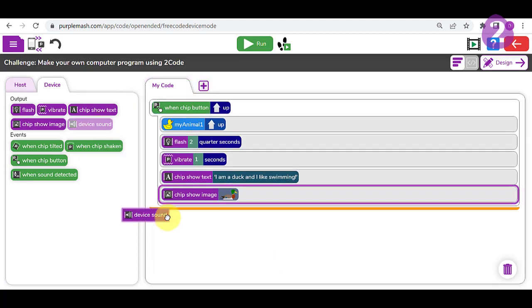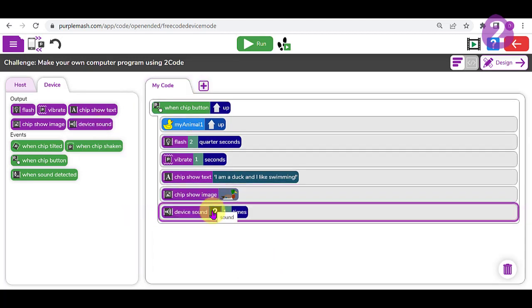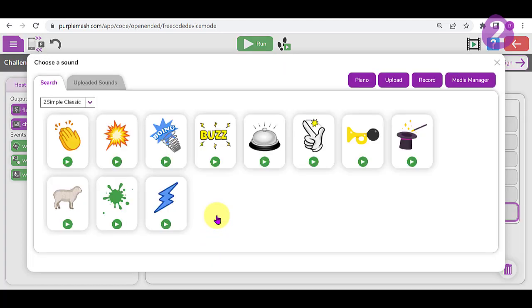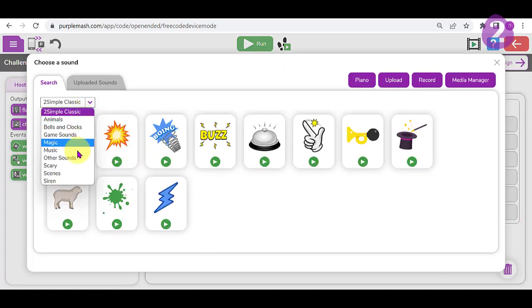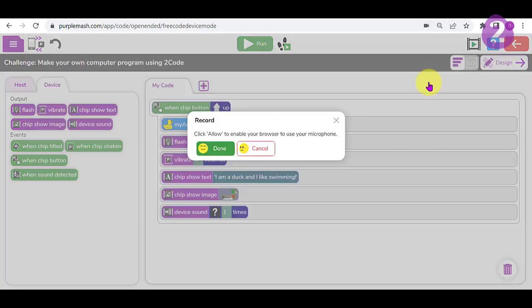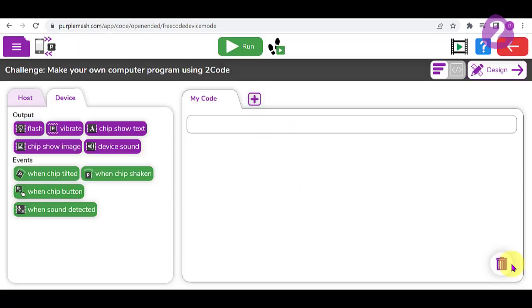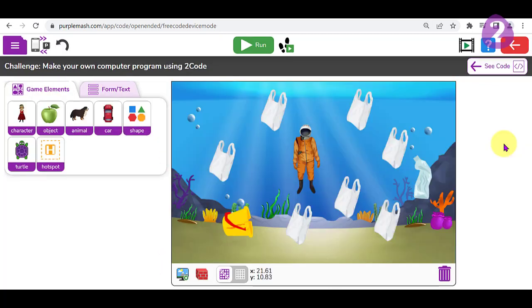And lastly, I could make my purple chip device play a sound, and I can choose any one of the pre-made sounds, and there's another drop-down list here, or I could record my own voice using the microphone on my device. Now that we've explored the device output and event commands, let's have a look at a very simple scene